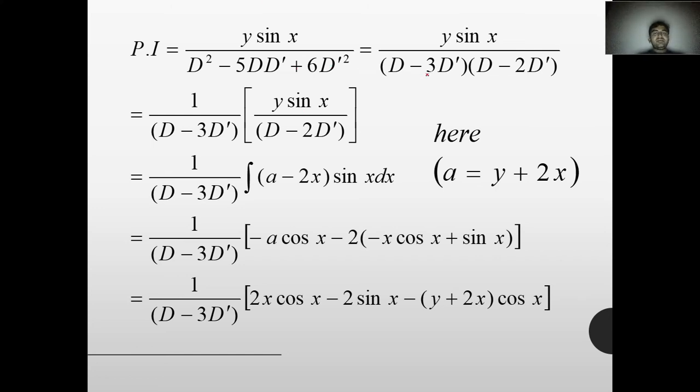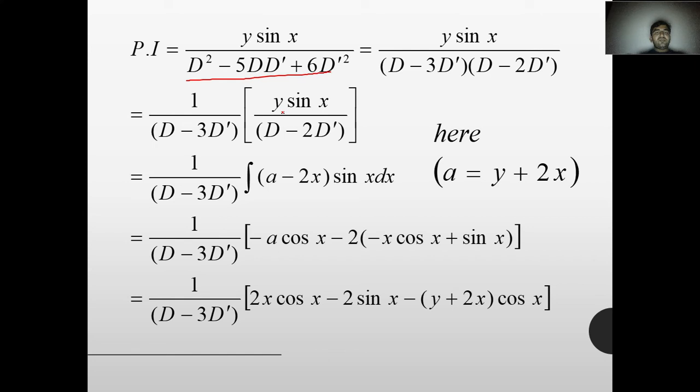Now here y into sin x upon D minus 2D dash. Here we consider the factor of D minus D dash, and this is the function f of x, y. So the solution of this